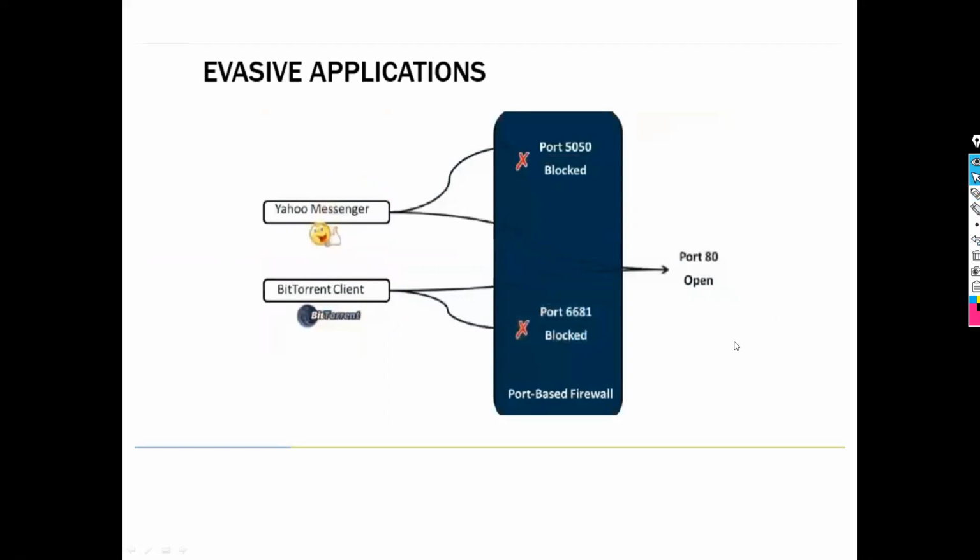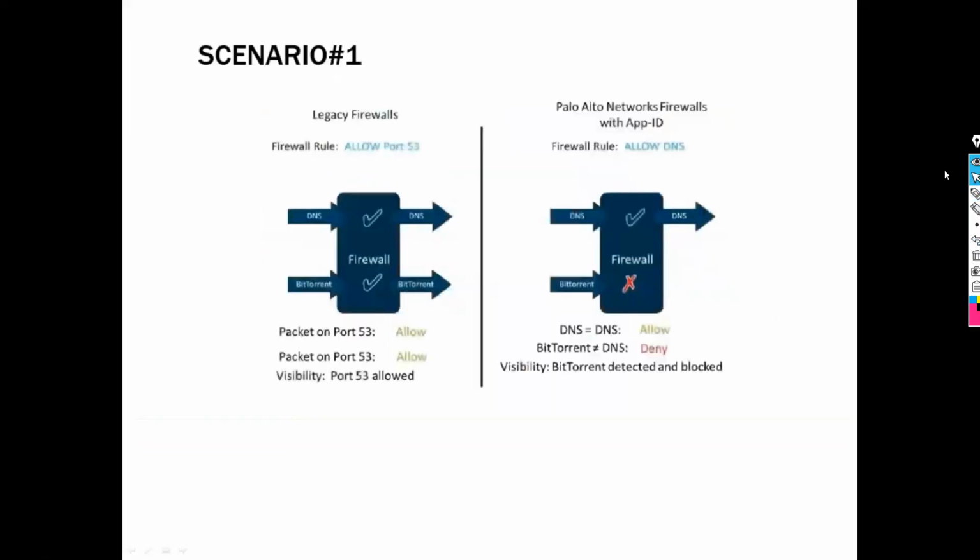Now, I'm working with a scenario where I have a legacy firewall and a firewall with app ID, or you can say application control. Don't be confused. In Palo Alto, it's called app ID. In Fortinet firewall, it's called application control. If you are working with a legacy firewall, like the second generation of firewall, and you try to allow the DNS application, DNS is the Domain Name System. You can resolve IP to name and name to IP. If you allow your DNS, then the BitTorrent application is automatically allowed. That was the problem with a legacy firewall.